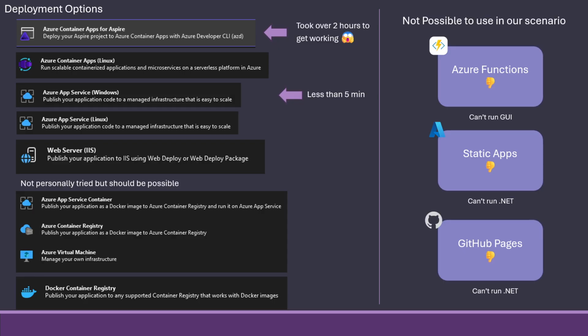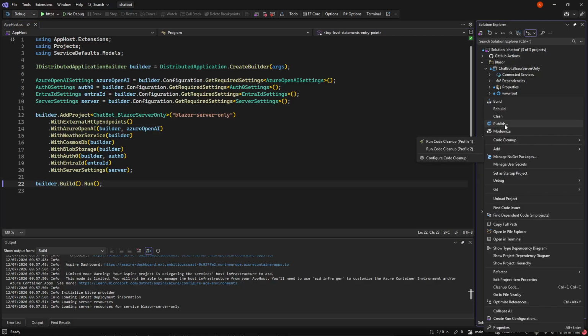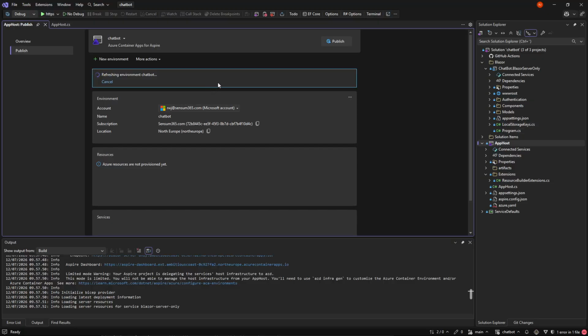But it took me over 2 hours to get working, and with a lot of help of AI from Codex, because if you just right click and say publish in Visual Studio on the app host, it absolutely doesn't work. It has no concept of trying to use the parameters, so it makes wrong files behind the scenes. It's slow. It just says fail. AI can fix what it does, but the out of the box experience here is totally poor.